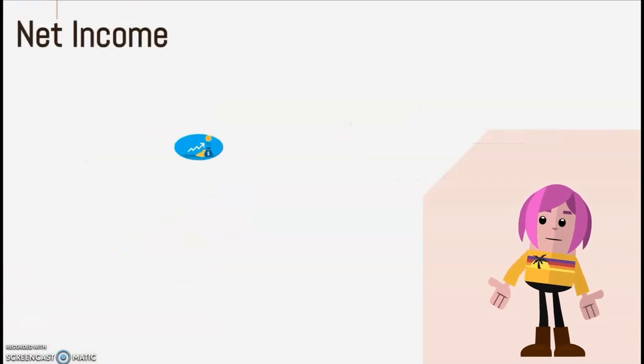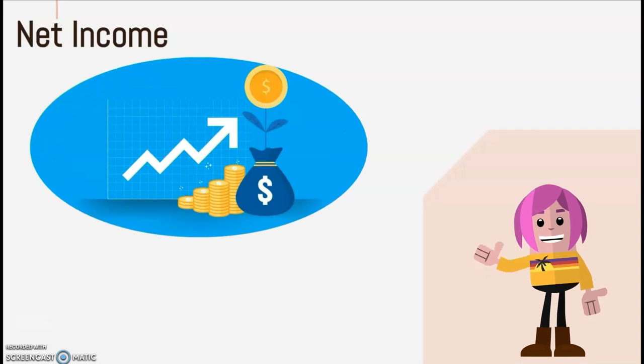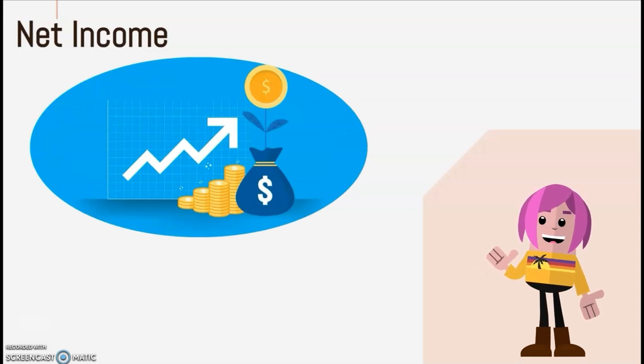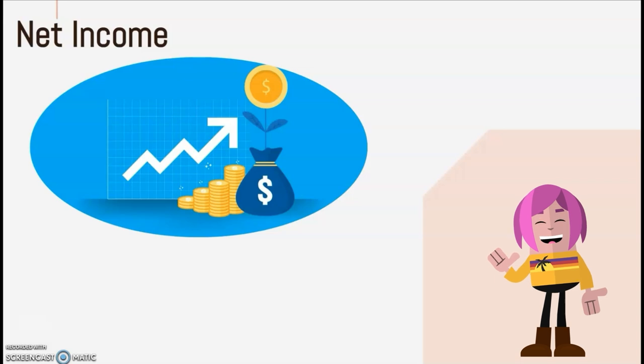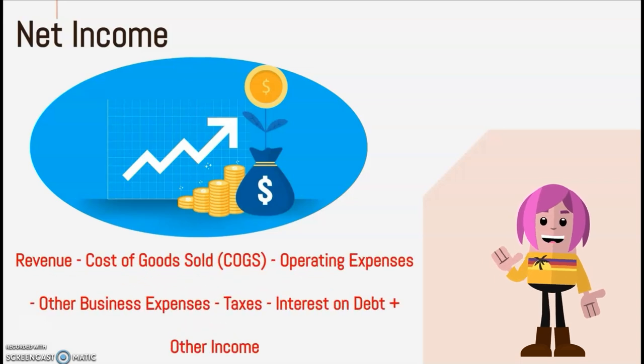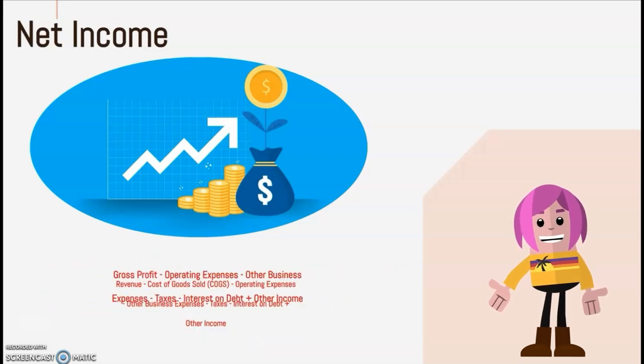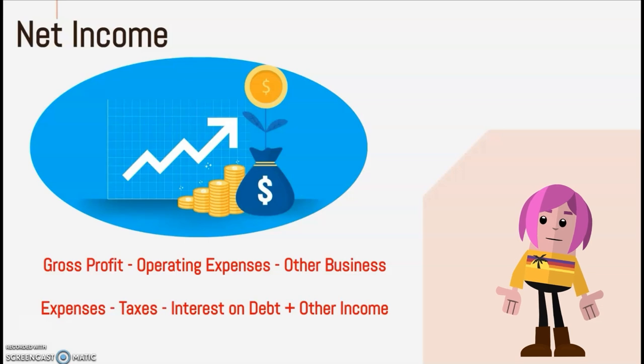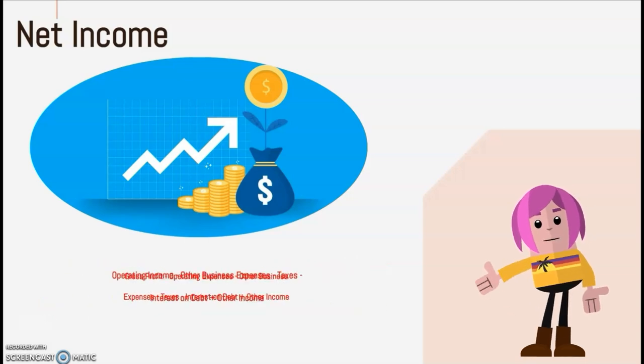Net income. Net income indicates a company's profit after all of its expenses have been deducted from revenues. The formula is revenue minus costs of goods sold, COGS, minus operating expenses, minus other business expenses, minus taxes, minus interest on debt plus other income. It can also be written as